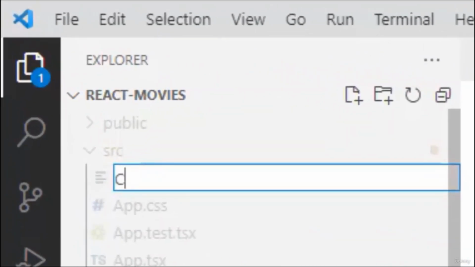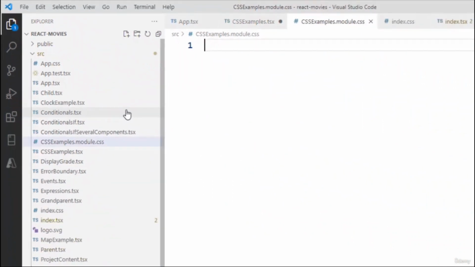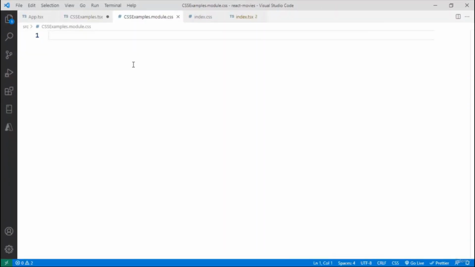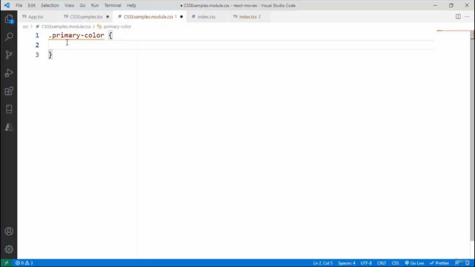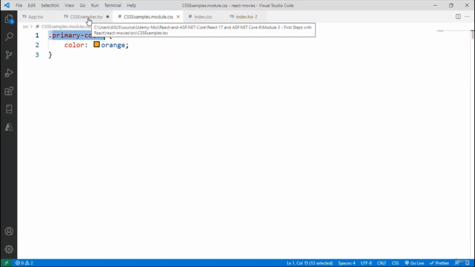I will name it CSS examples.module.css. Enter, and in here we can put whatever CSS rules we want. For example, I can say, let's say primary color, and I will say just color orange, semicolon here. Now save, and now this class that I have here will only be applied to a React component that imports